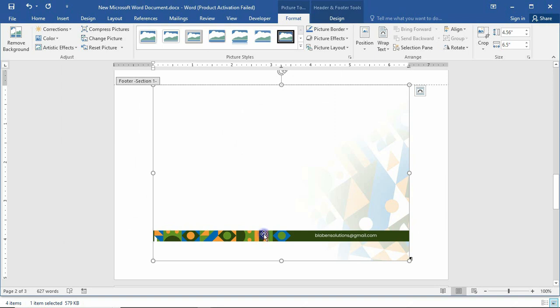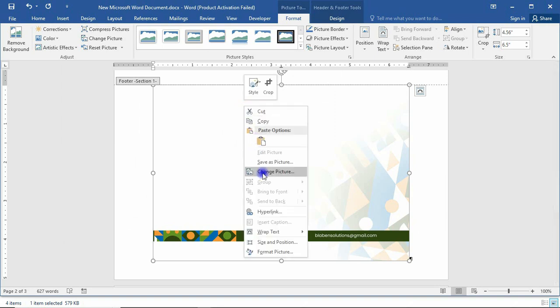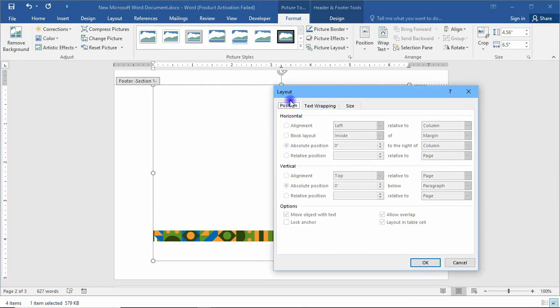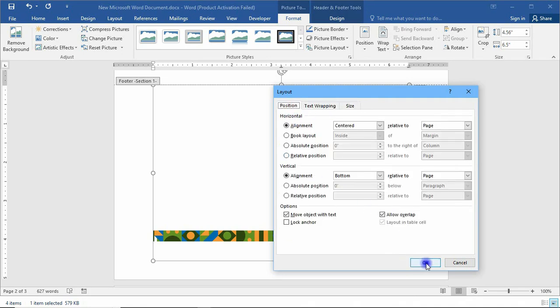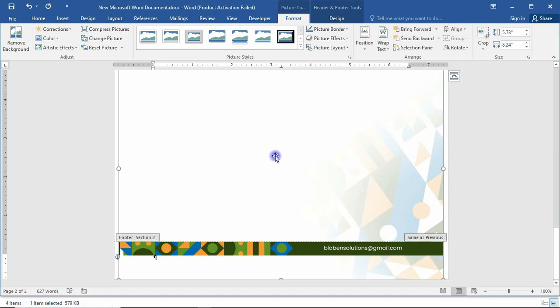So let's do the fixing. Right click, size and position. We set it behind text, and we align this to the center. The horizontal alignment is aligned to the center and relative to the page. But when we come to the vertical alignment, this is aligned to the bottom because it's the footer, relative to the page. And let's make sure we have this set to 100%, just as we did. I think everything is okay, so let's hit okay, and we have the footer